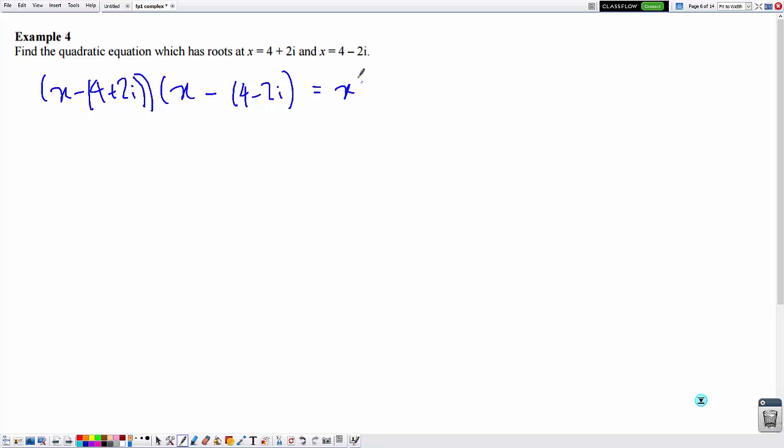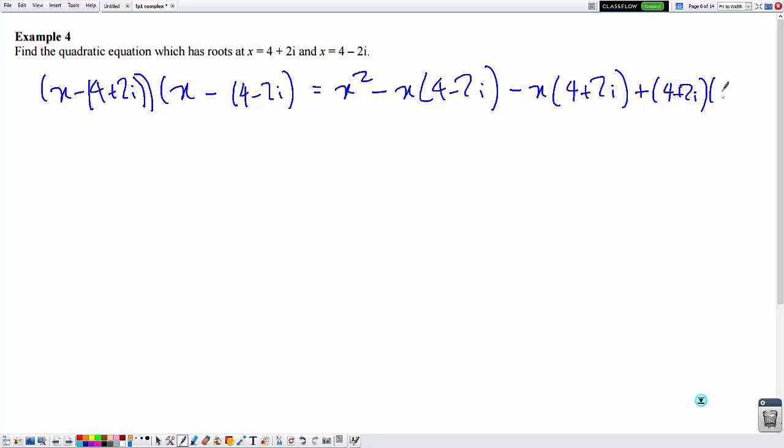So we get x squared minus x times 4 minus 2i minus x times 4 plus 2i plus 4 plus 2i times 4 minus 2i. Now this one we can use the difference of two squares. Let's just simplify this. So x squared minus